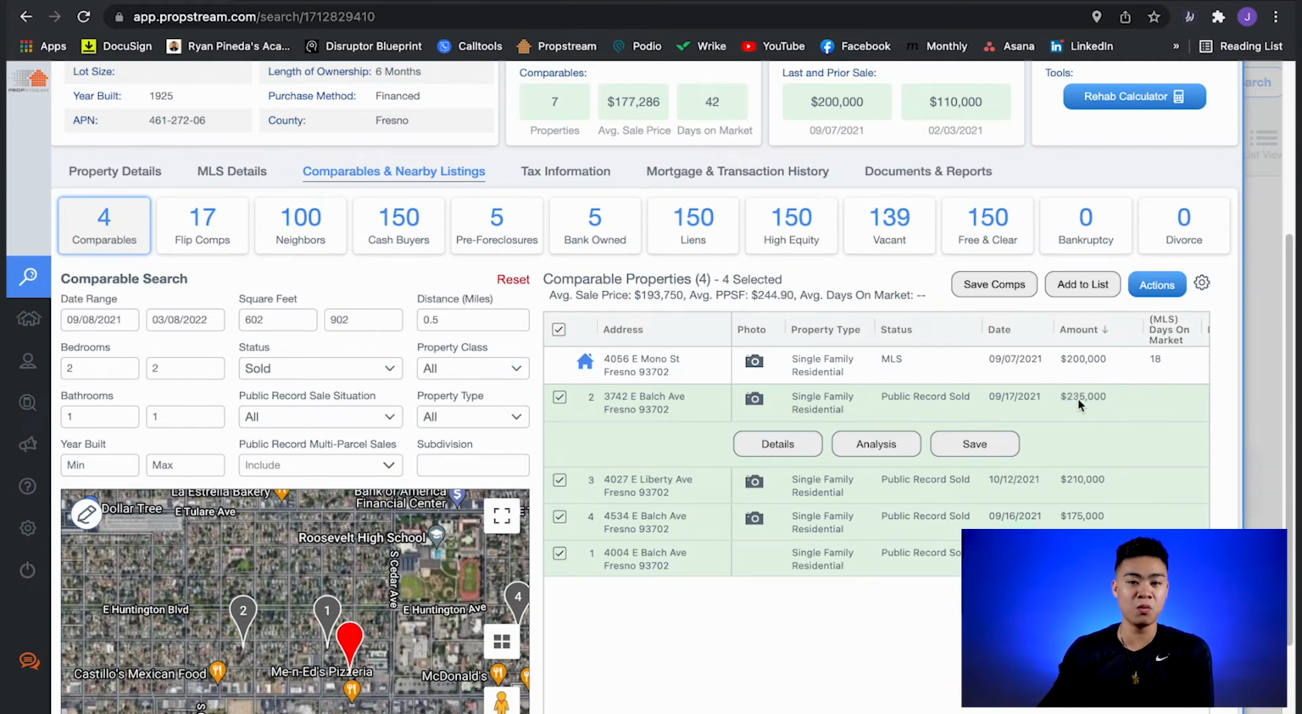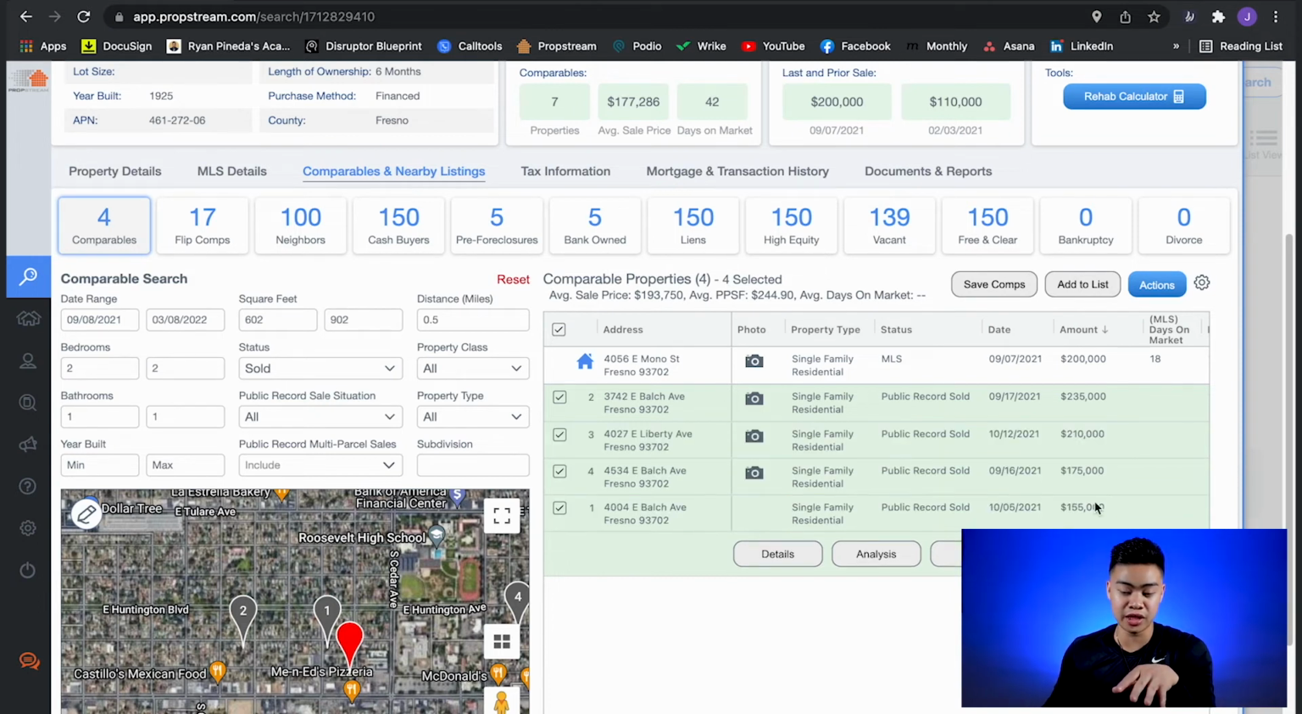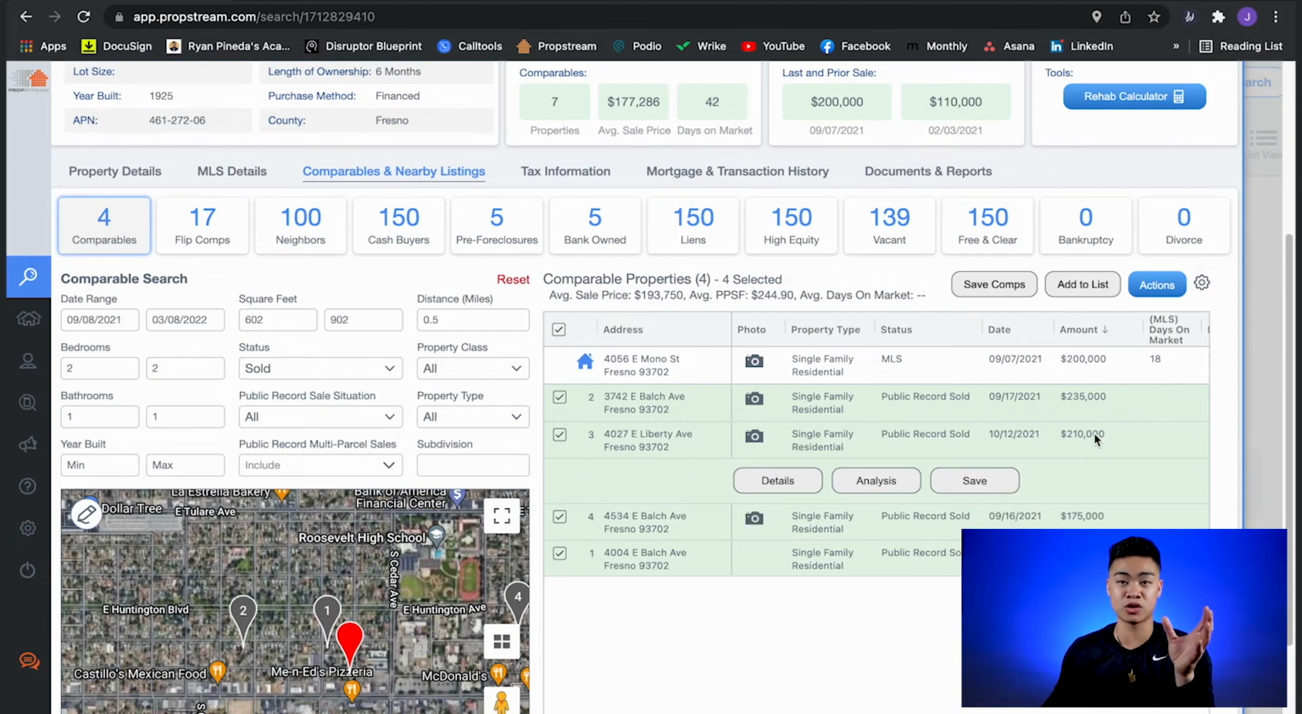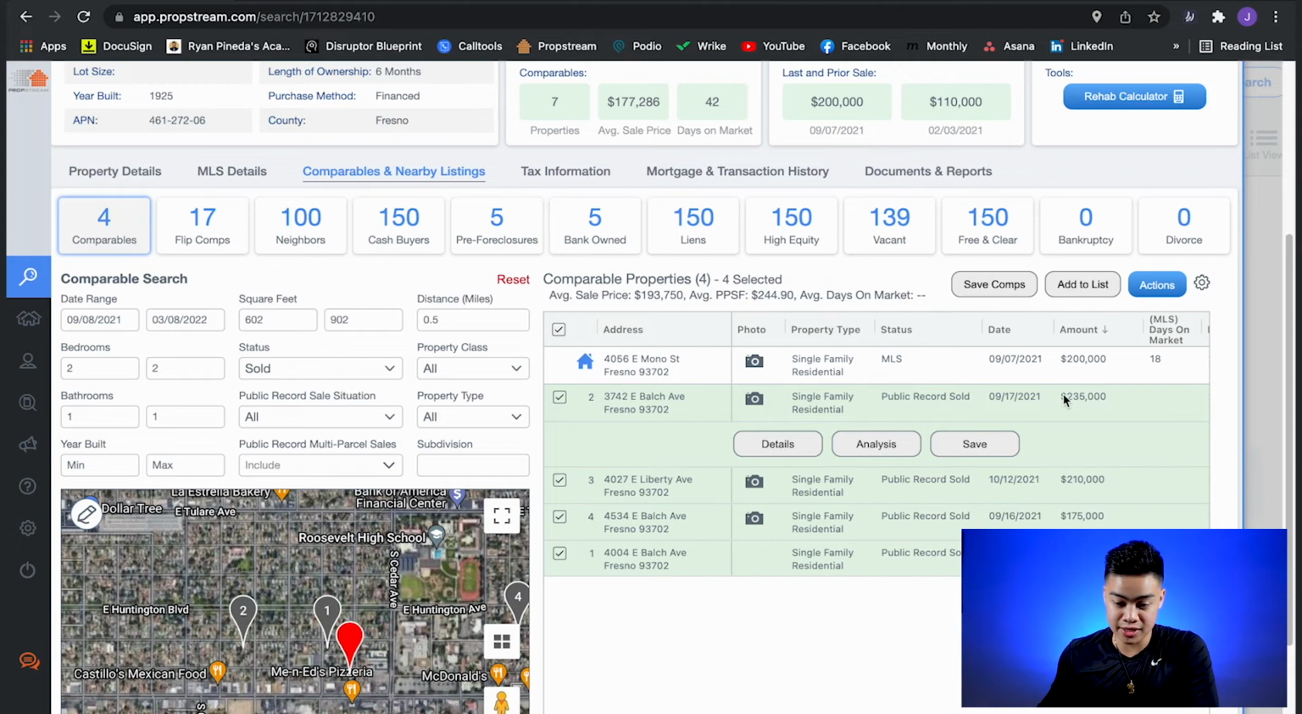So even though I got lucky on my first comp, and the first and the highest comp was the best comp, a really good ARV comp, I still want to make sure I look at the others just to see what they sold for and just to make sure that everything makes sense. Because for example, if I'm looking at this and I see that this home sold for $235,000, super nice condition, and then maybe I see another one,